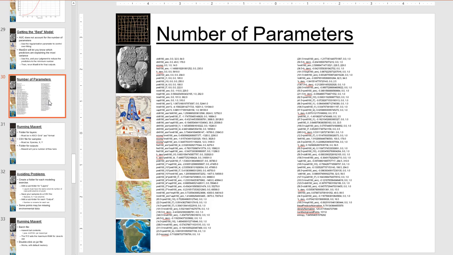So as an example of number of parameters, these are in the lambdas file associated with your MaxEnt output, and it can have a huge number of parameters. They're buried in here. It's typical to have hundreds of parameters or estimated coefficients associated with MaxEnt, far more than I would find